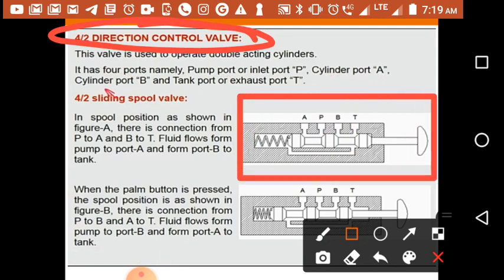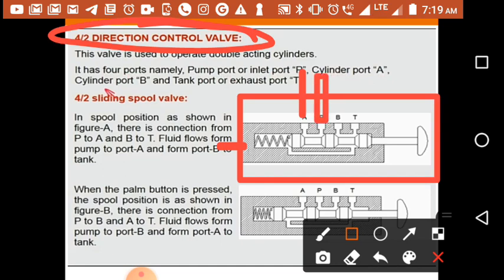A 4 by 2-way directional control valve means you are going to see four ports. In that you are going to see four ports: this is port A, this is port P, this is port B, and this is port T.